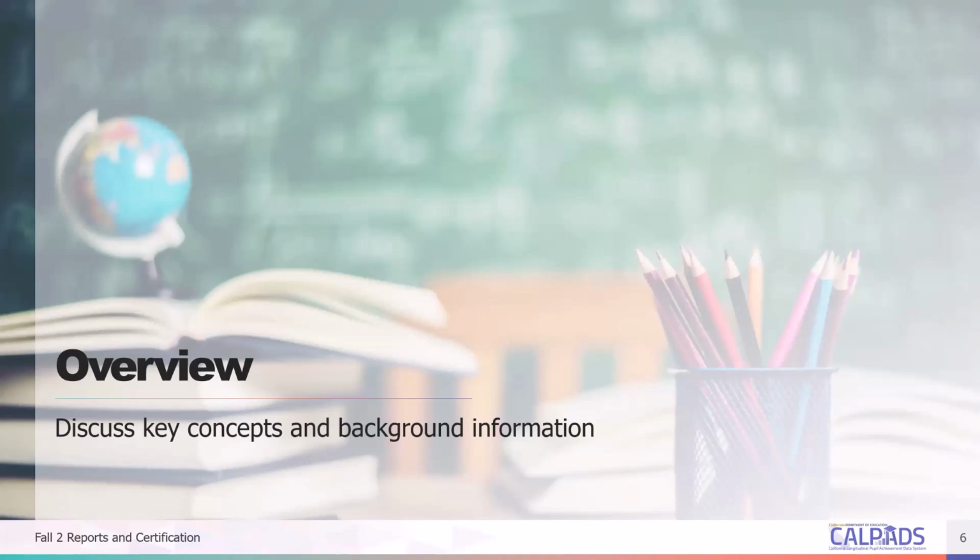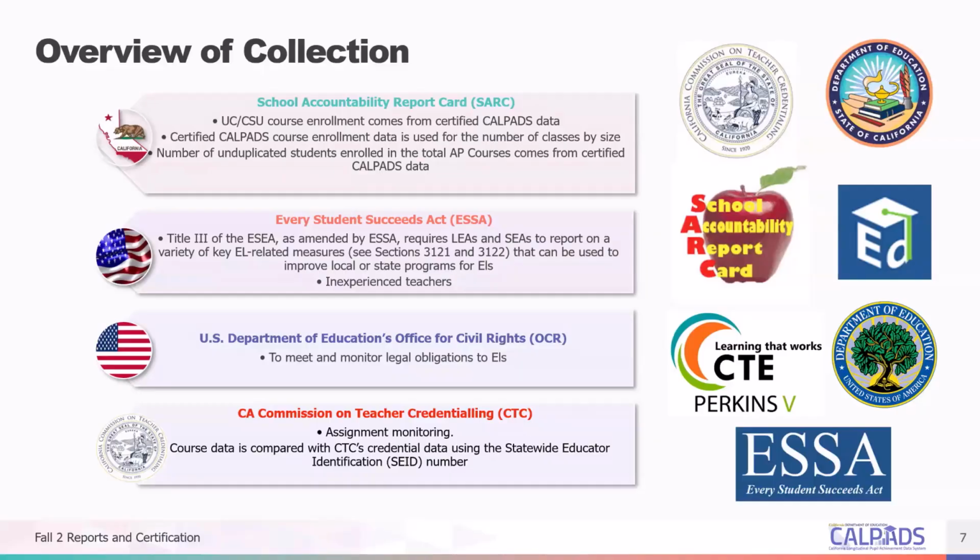Here's the overview. We'll discuss key concepts and background information. So we always wonder, why do we have to do what we do? Why are we submitting Fall 2 data? We've already submitted Fall 1 data for students, and why do we have to turn around and jump into Fall